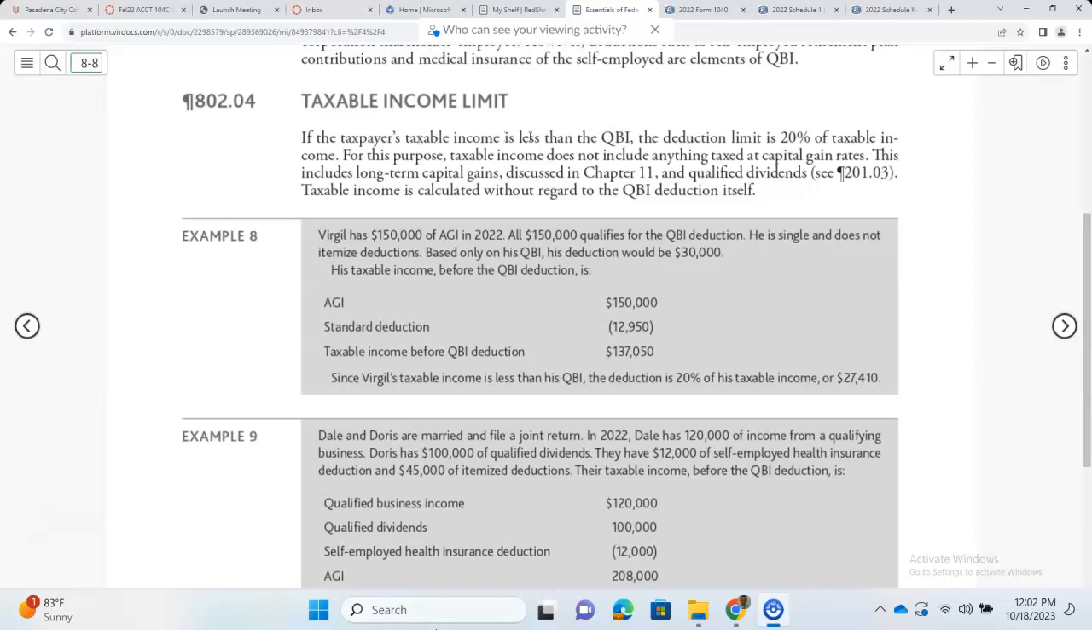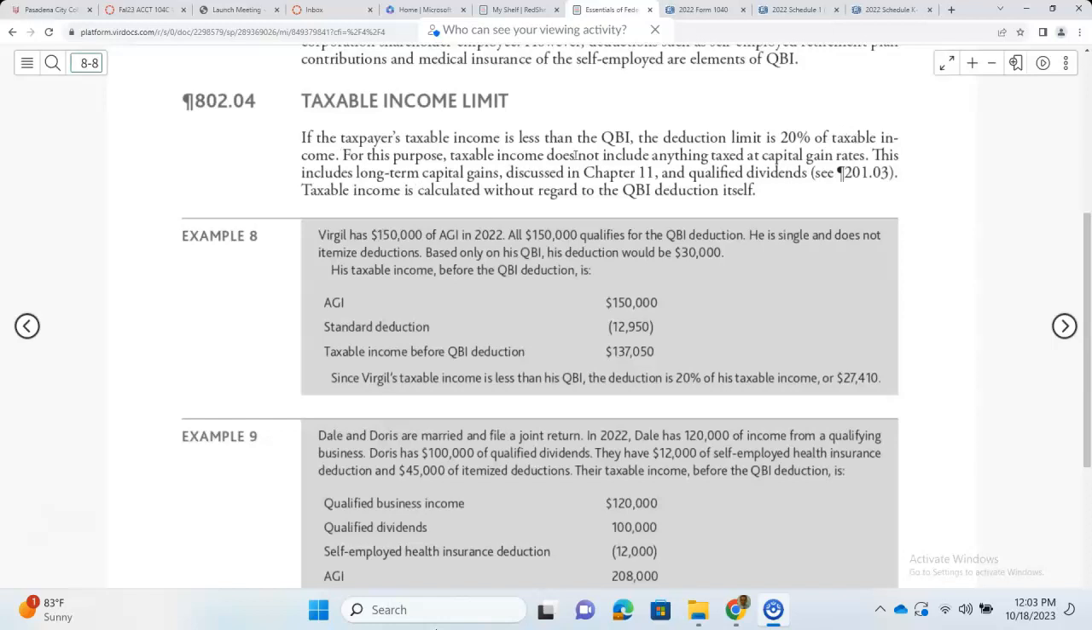then the deduction is 20% of taxable income, not 20% of QBI. And why will taxable income be lower? Because you have so many other things that you might deduct from your income to arrive at taxable income, right? And that's why your QBI might be a little bit higher in some cases than your taxable income. In that case, you multiply 20% with the lesser amount of the taxable income that you